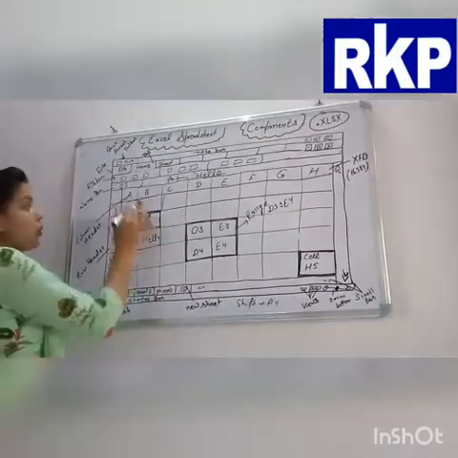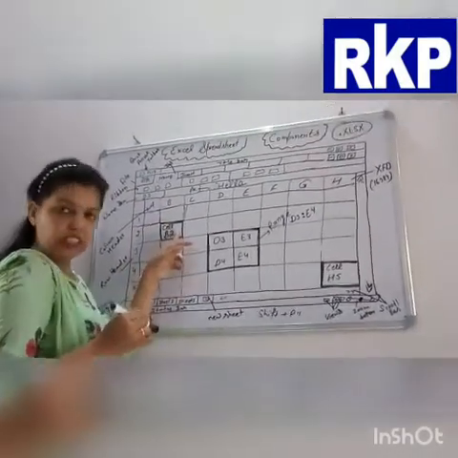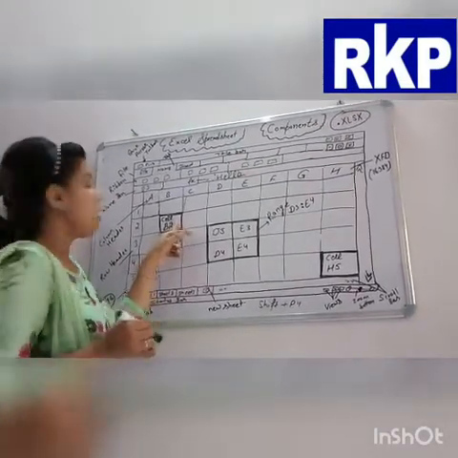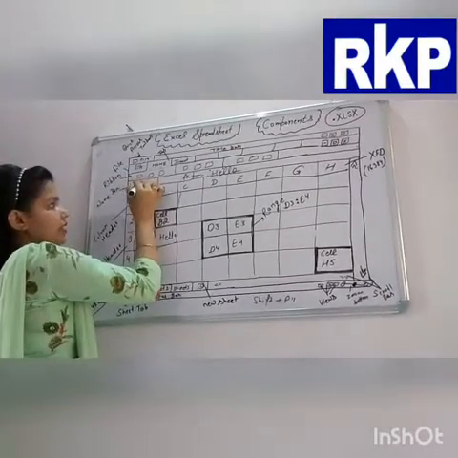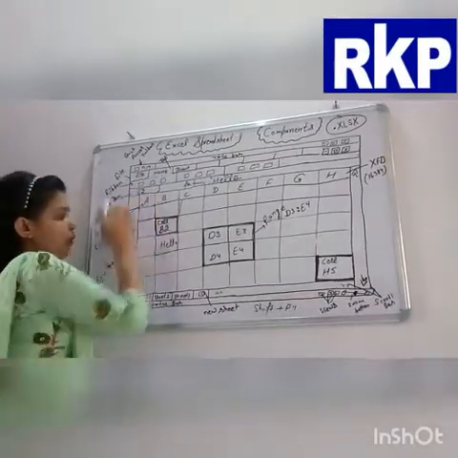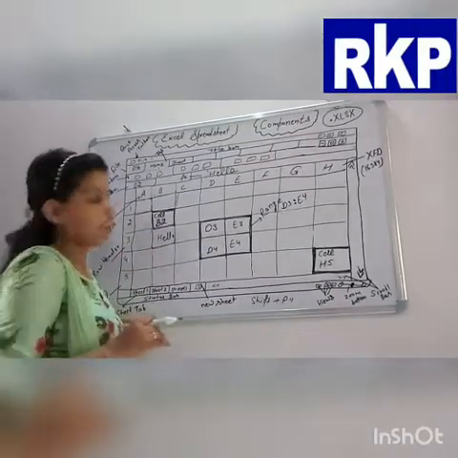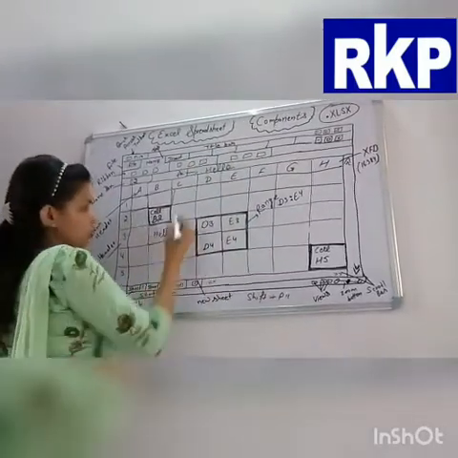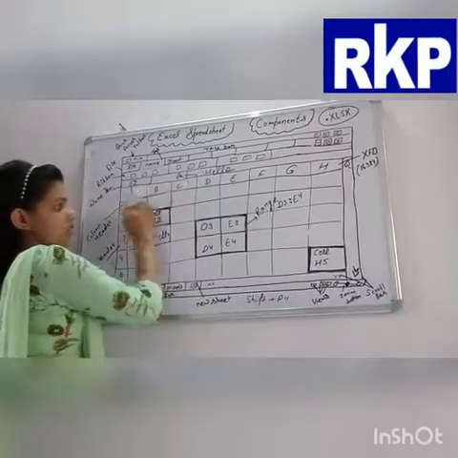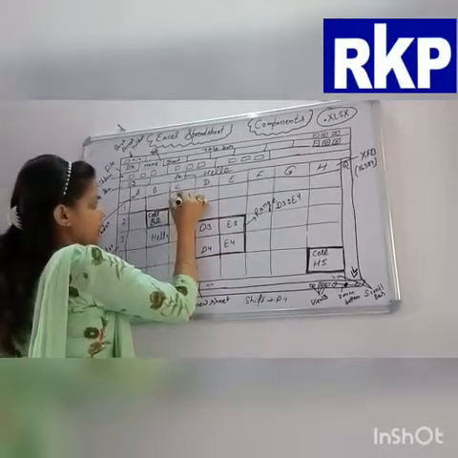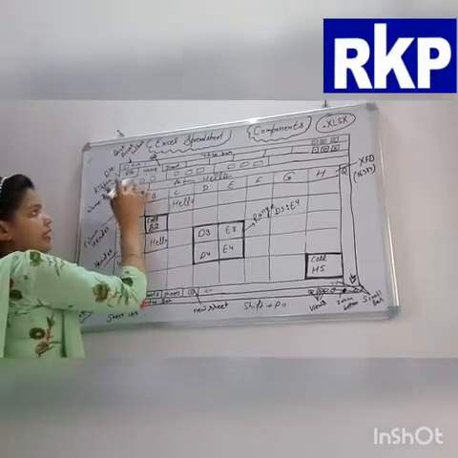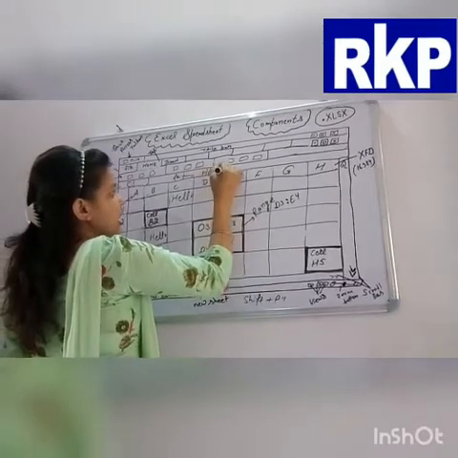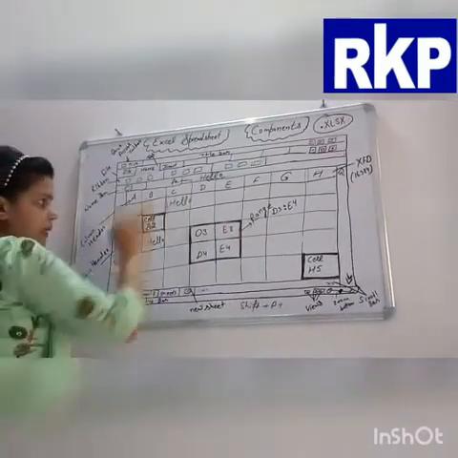And students, now come to that area. If this is B2 and you have selected this cell, then this is your active cell, current cell, so you will get the name of that cell here in the name box. Whatever you are writing in a cell, you will get that in written form here in the formula bar. Suppose you are writing hello in cell C1. Here in the name box you will get C1, and here in the formula bar you will get hello written as it is.